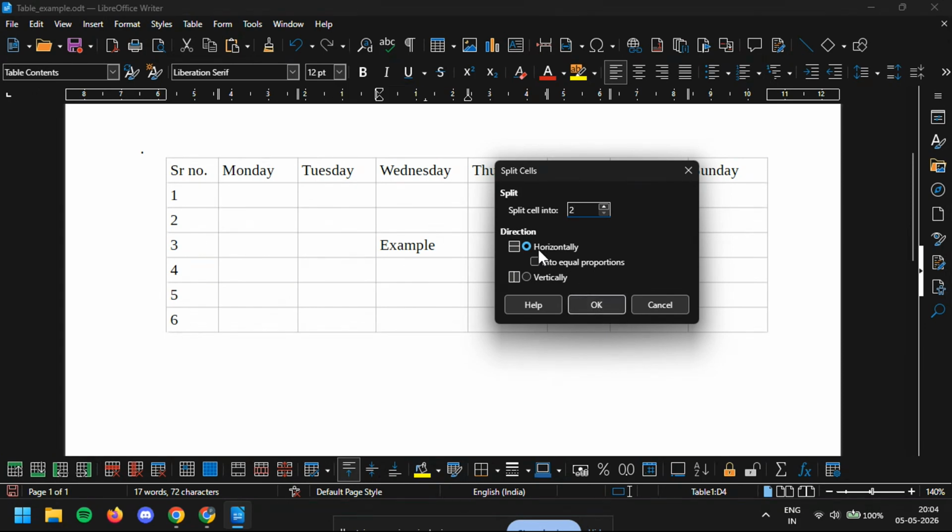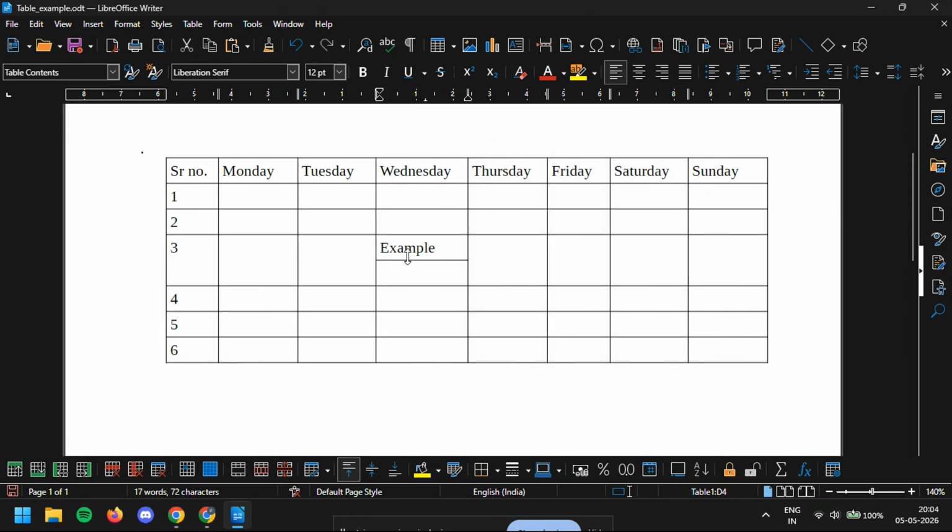LibreOffice Writer will immediately split the selected cell into multiple cells based on your settings. You'll see the cell divided right away, and you can start typing into each new cell separately. That makes it much easier to organize data, labels, notes, or any kind of formatted content inside your table. If the result doesn't look the way you expected, don't worry. You can always undo the action and try again with a different number of rows or columns. The key is to click in the correct cell first, then use Table, then Split Cells, and finally confirm the